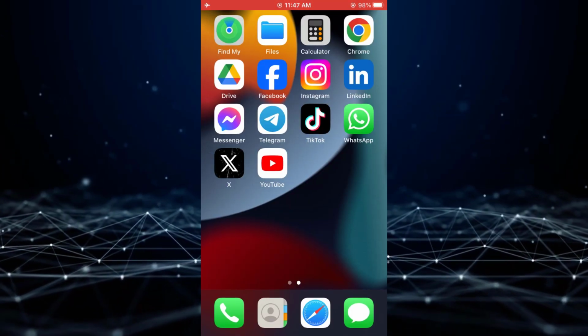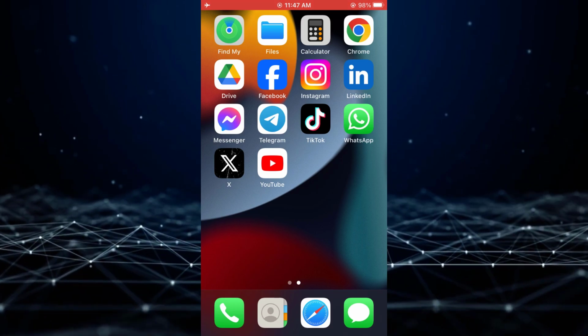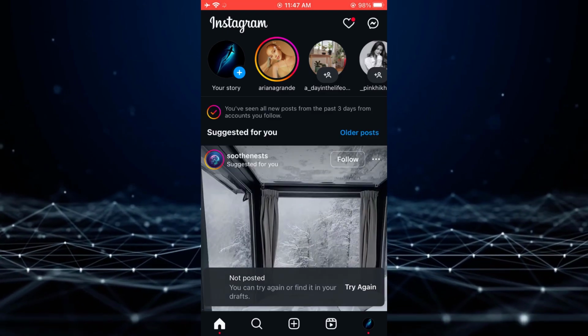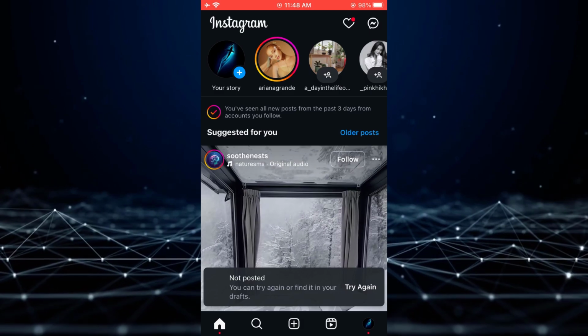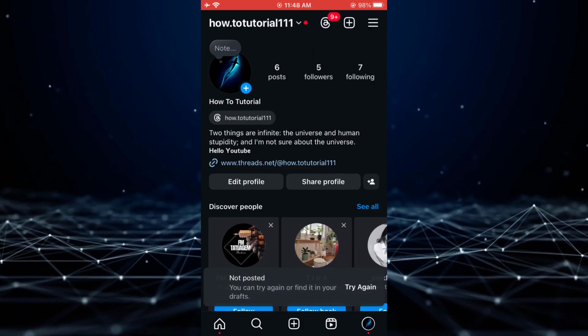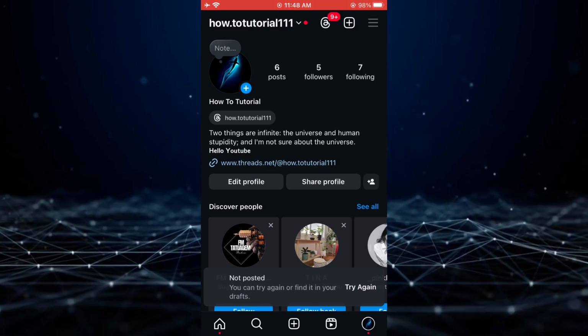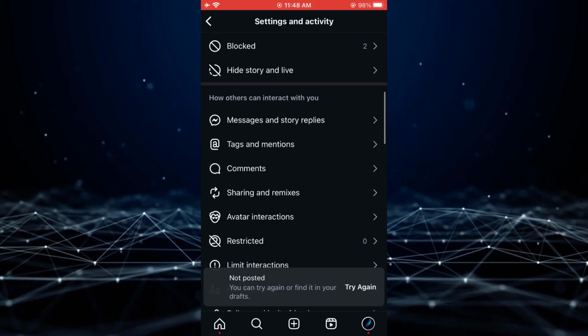In this tutorial, I will demonstrate the simple process of disabling story replies on Instagram. To begin, access your profile by selecting the icon located at the bottom right corner of the screen. Subsequently, tap on the three horizontal lines in the top right corner, navigate to Settings, and scroll down until you